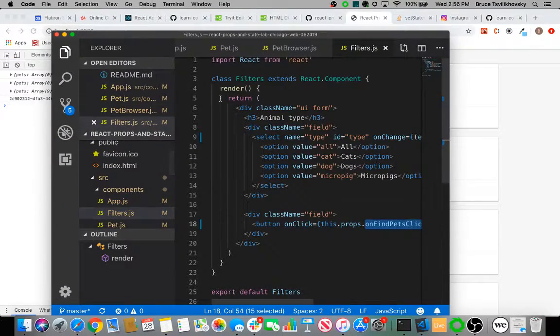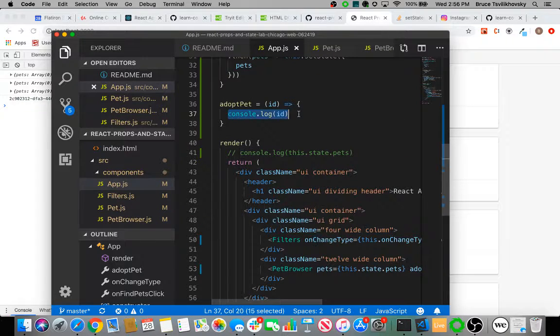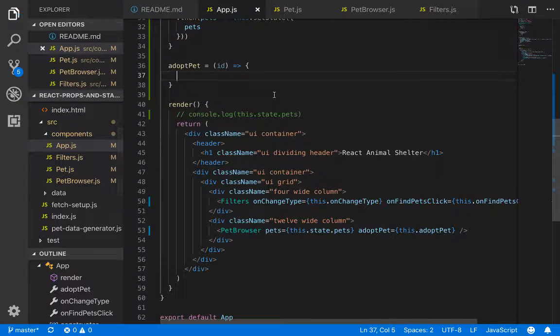So I have it here now, so now I need to just change state and make that one adopted, right? So it doesn't need to go through the pet browser as a parameter? No, it magically gets shipped up from the lowest level. Okay, so it gets carried over. Any prop functions that you pass down will just keep going from their children to the